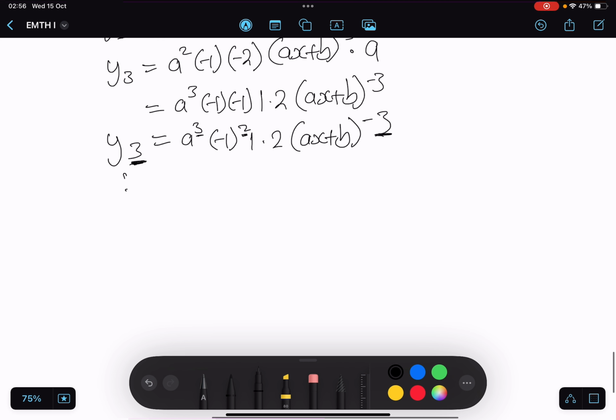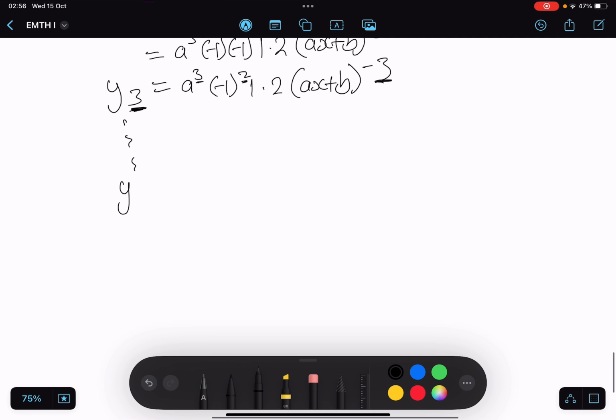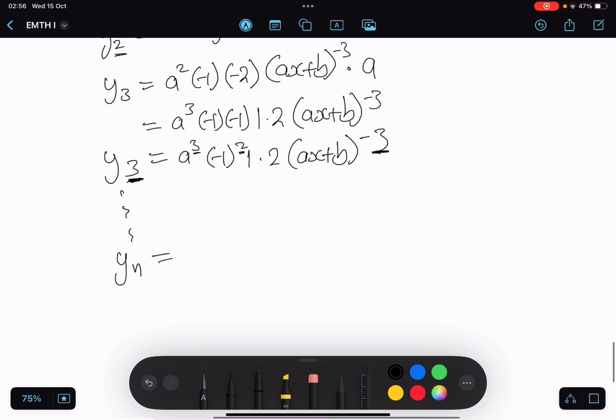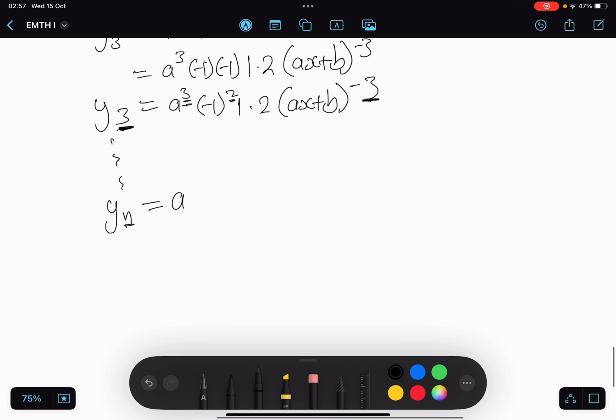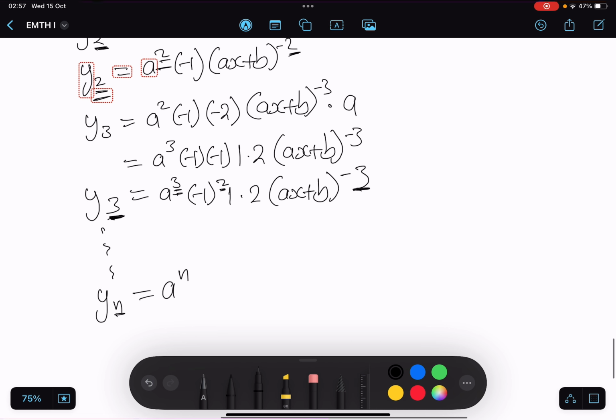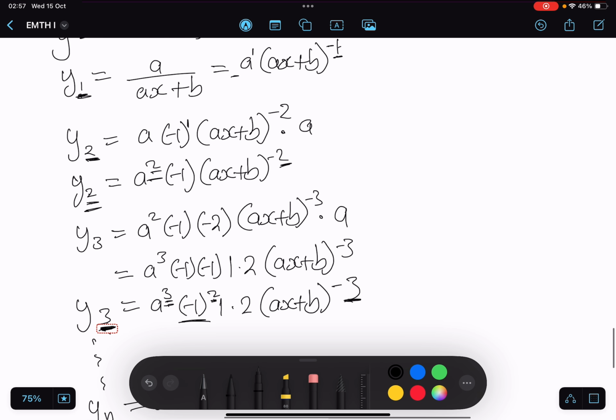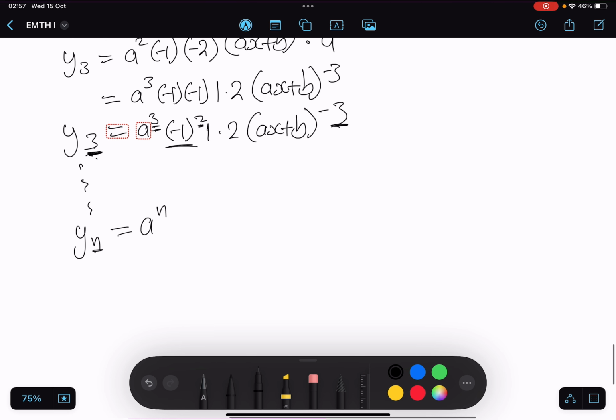So what does this mean? If we are looking at yn, this is going to be what? If it's n here, it's going to be a^n, right? But then the power of -1 is 1 less than the order of the derivative. So if it's y3, it's going to be 2 here. If it's y2, it's going to be 1 here, which means the power of -1 is going to be